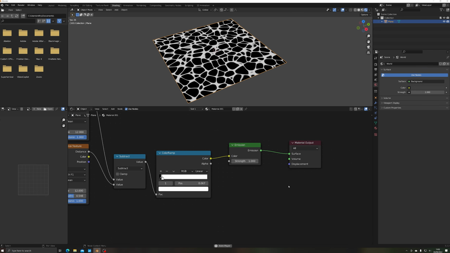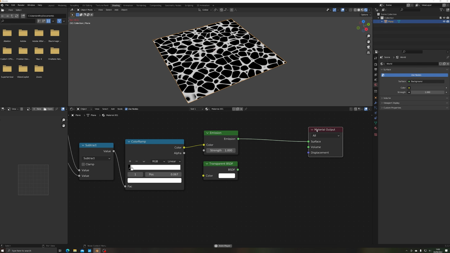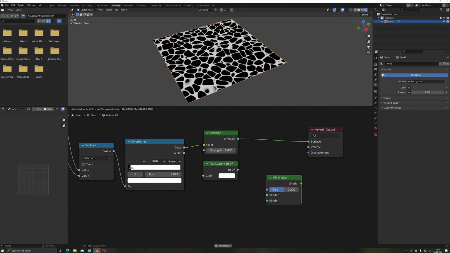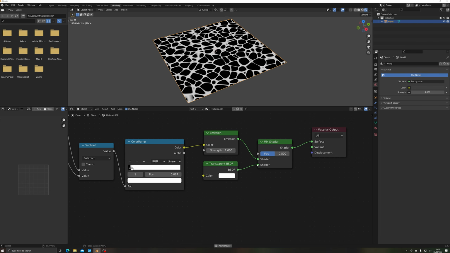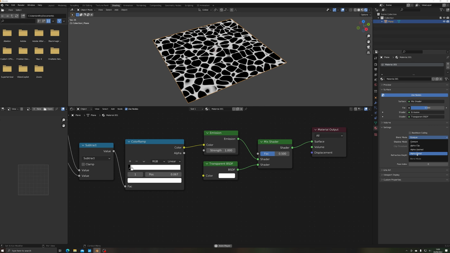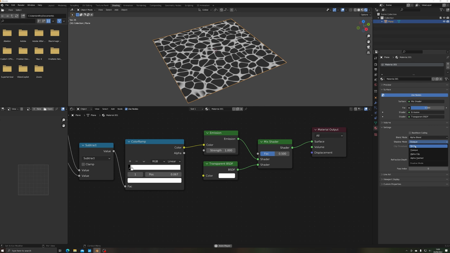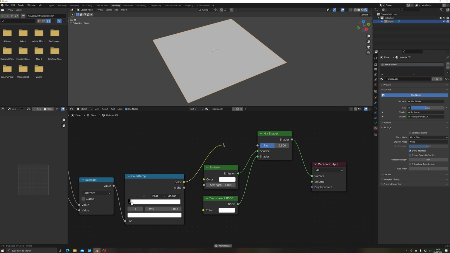I don't know about you, but I want my water to be blue and see-through. Next to the emission node, add a transparent BSDF, and then use a mix shader node to combine the emission and transparent nodes together. In your material properties panel, make sure to set blend mode to alpha blend and shadows to none. Plug your color ramp output into the factor of the mix shader